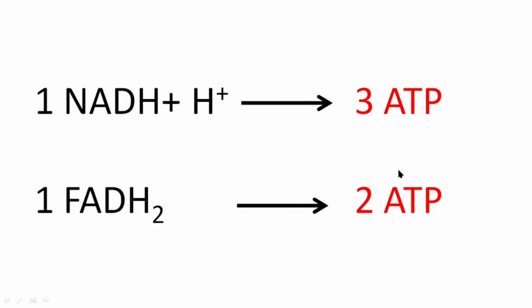Apart from oxidative phosphorylation, there is also synthesis of ATP molecules by substrate level phosphorylation, which we have already seen when we studied glycolysis and TCA cycle. In the next class, respiratory balance sheet, let's see how many ATP molecules are synthesized from one molecule of glucose when it undergoes oxidation by aerobic respiration.